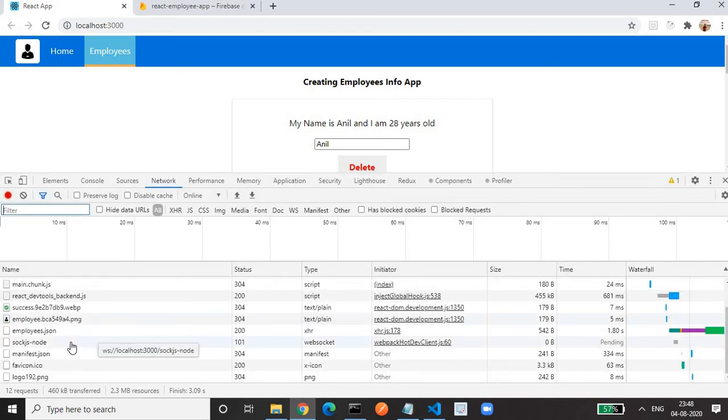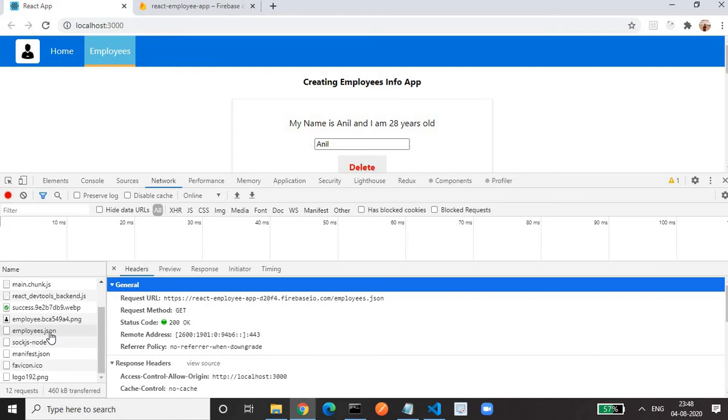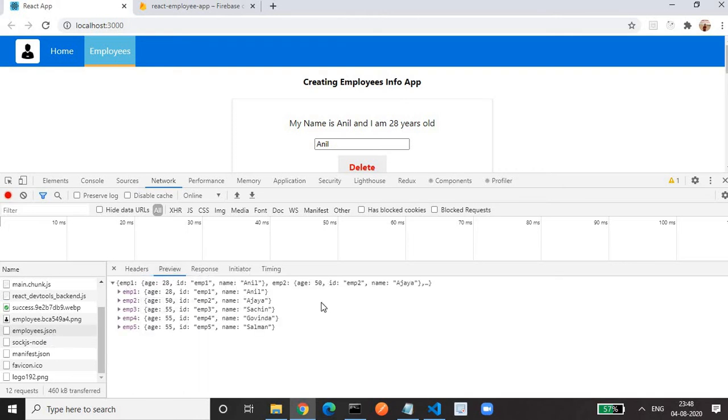we'll see the API that is being called, and if you go to the preview section, you will find this: employee 1, then its data.